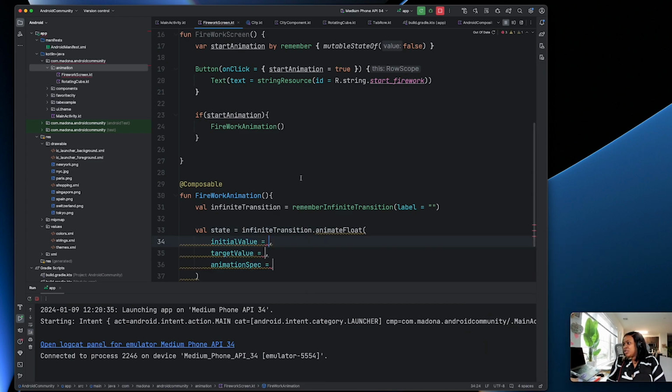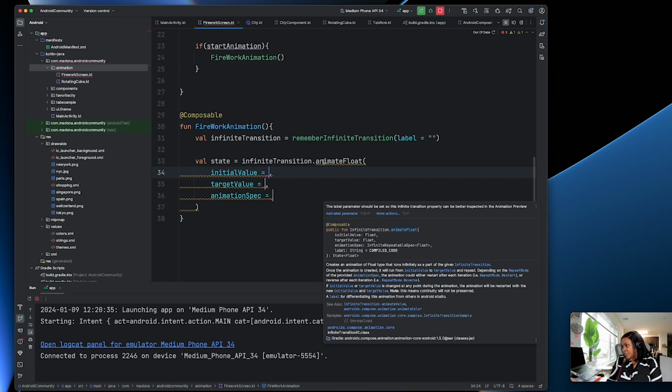Now, let's see what animate to float does. We can easily just read here. Create an animation of float type that runs initially as a part of a given infinite transition. Once the animation is created, it will run from initial value to target value and repeat. So depending on the repeat mode of the provided animation spec, the animation could either restart after each iteration, i.e. repeat mode restart, or reverse after each iteration, i.e. repeat mode reverse. And then it continues and says, if initial value or target value is changed at any point during the animation